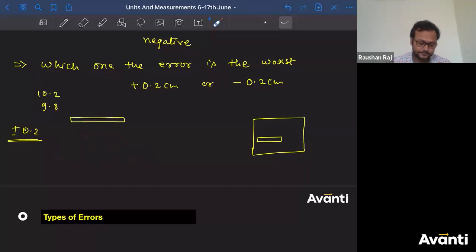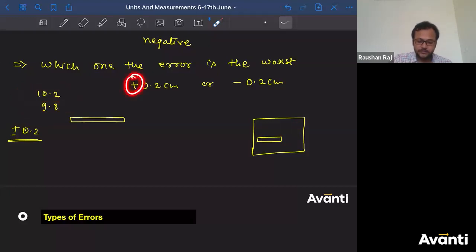All right. Now, the second time, if the length of the rod you get is 9.8, tell me whether this 9.8 centimeter rod is useful to you. You'll say no. My device can only take 10 centimeter. Now it will become loose. So you'll again reject this 9.8. So can I say that for your application, this plus 0.2 or minus 0.2, both of them are the same? Understood?